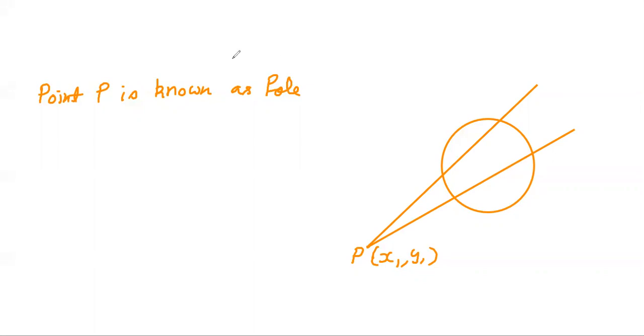At this point, you say A. This is the point we say B. This second one is the point C. This point we say D. So at points A and B, we draw the tangents. At point A, you draw a tangent. Similarly, we draw a tangent at point B.